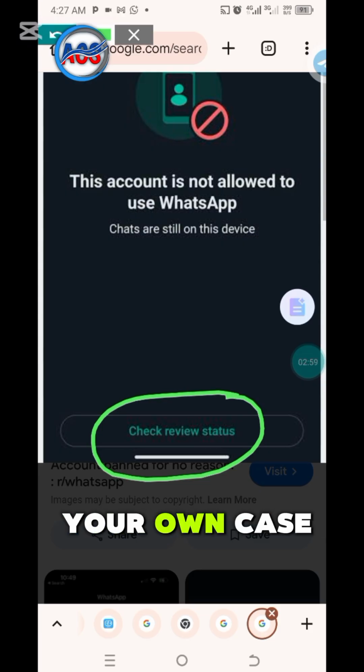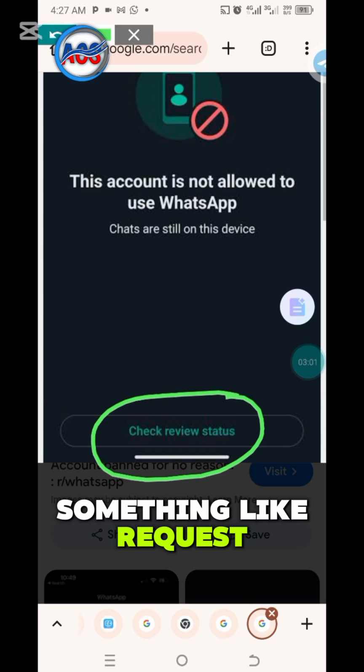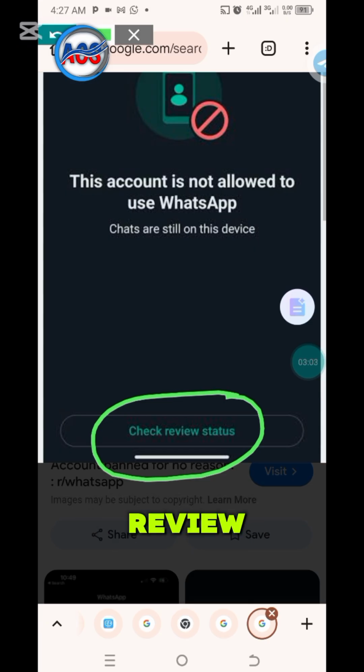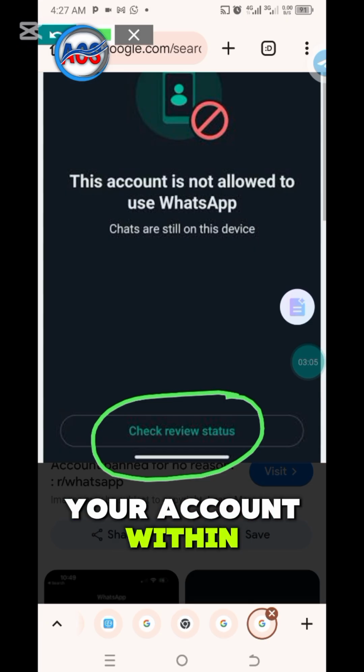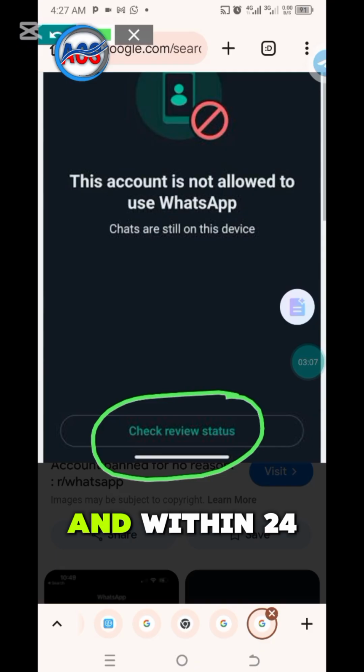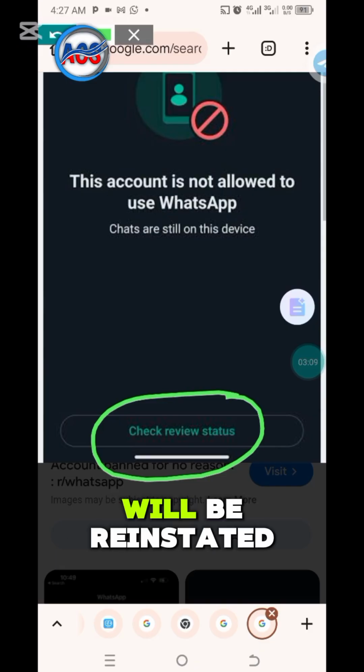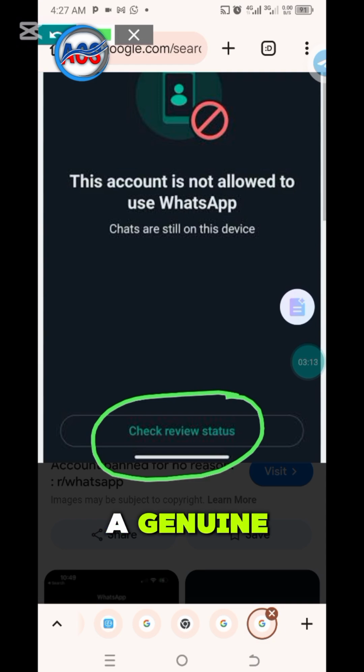So in your own case, you will see something like request review. Once you click request review, they will review your account within 24 hours, and within 24 hours the account will be reinstated if you have a genuine message for them to review your account and reinstate it again. Do you understand? So going back to the second one,